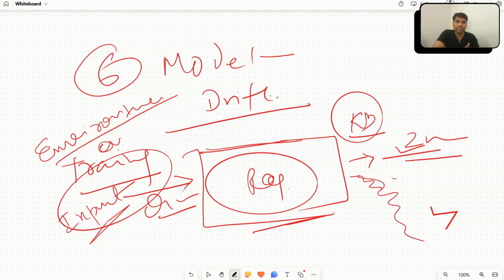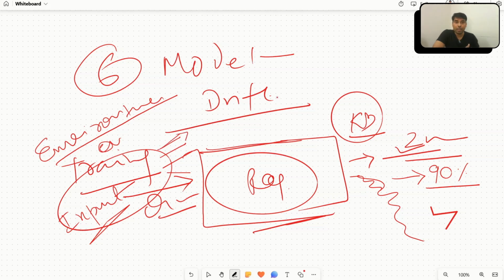degrading. Let's suppose initially when you deploy it, you have done all the metrics, and let's suppose performance is 90%. Initially, you're getting 90% accuracy from your model. But over a period of time, it is possible that because of user nature, because of prompt, because of different input messages, different contextual meaning, this totally depends upon the environment,